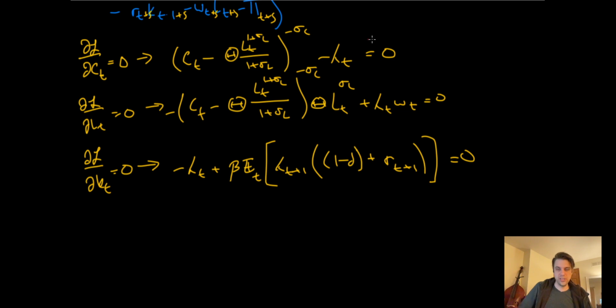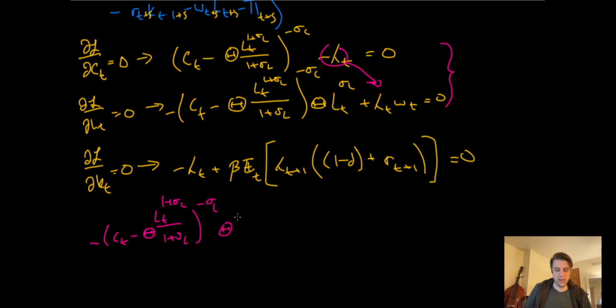To get the supply curve, we just need to set the first order conditions for capital and labor to be equal by using the fact that they can both be solved in lambda t. So let's just plug lambda t, this lambda t, in right here. So we'll get minus CT minus capital theta LT to the 1 plus sigma L over 1 plus sigma L, to the minus sigma L, capital theta LT to the sigma L, plus CT minus capital theta LT to the 1 plus sigma L divided by 1 plus sigma L, to the minus sigma c,